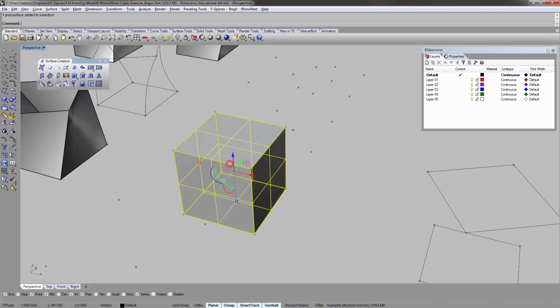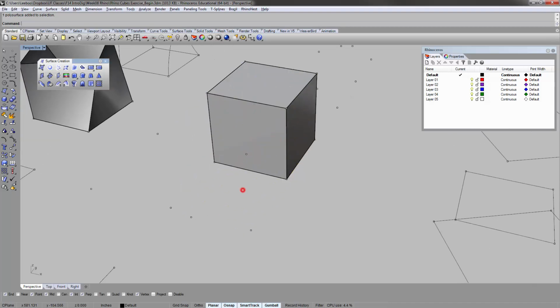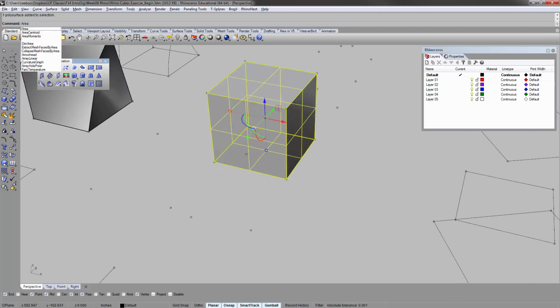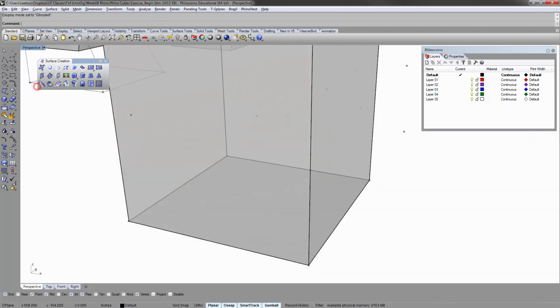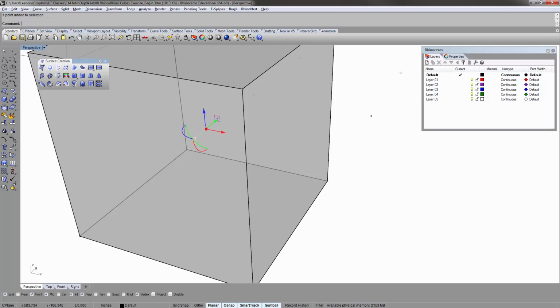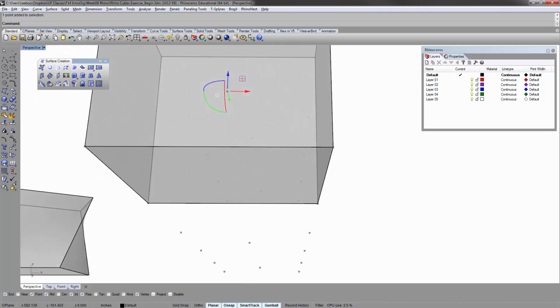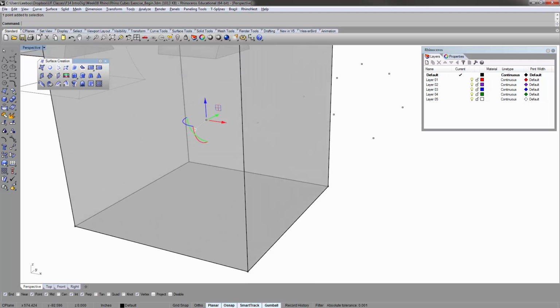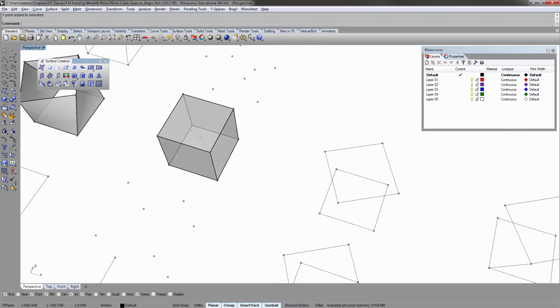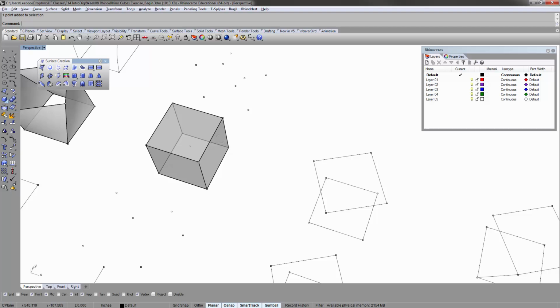Okay, so while you have the box selected and highlighted, run the area centroid command, which is the second one. I'll turn on ghosted mode so you can see. What that does is it creates a point at the area centroid of the volume, right? So it does calculations and says, okay, this is basically the center of mass of this. And it's pretty good for calculating things like that. So for example,